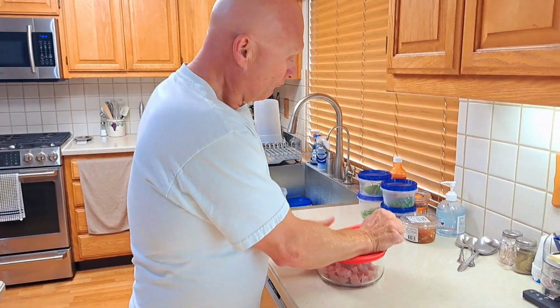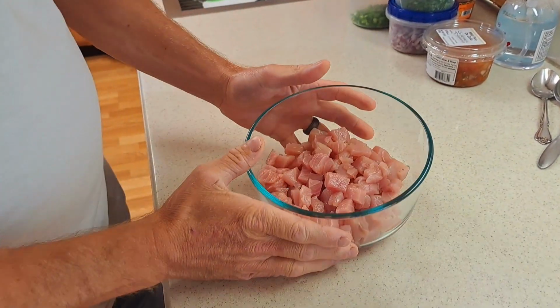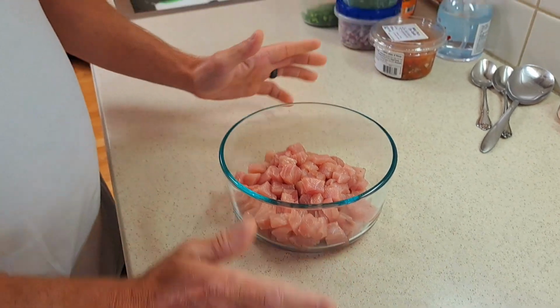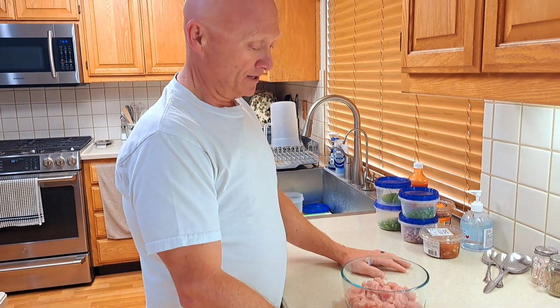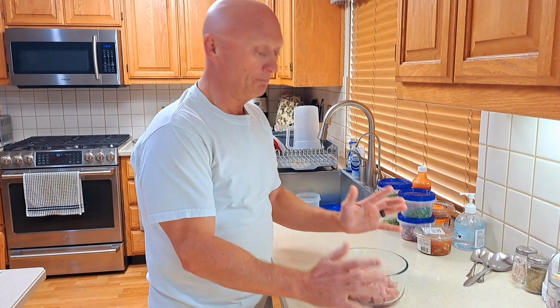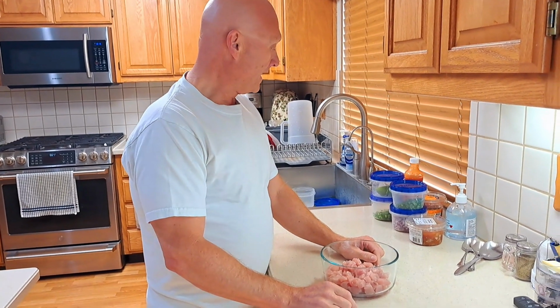So first off, we're going to start off with some beautiful yellowtail, also known as Hamachi. And my buddy Craig, thank you Mr. Craig, brought me up some of this beautiful Hamachi from San Diego on his fishing trip. So I've been making ceviche with this stuff and it is just phenomenal. This is my last little batch that I've got. So I got about a half pound or so of this Hamachi,